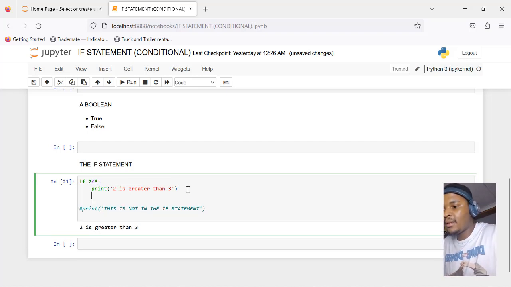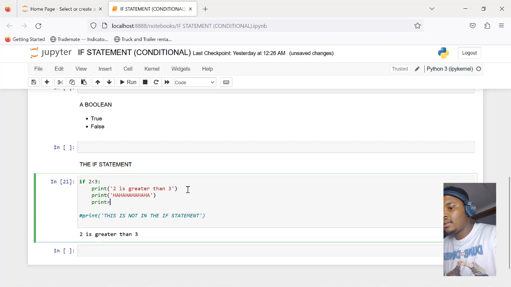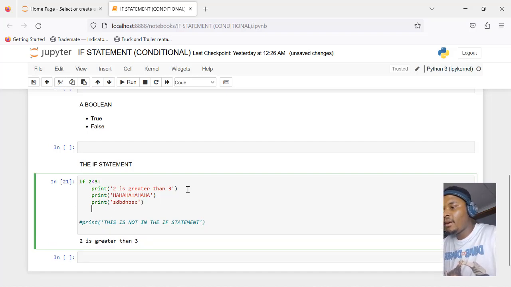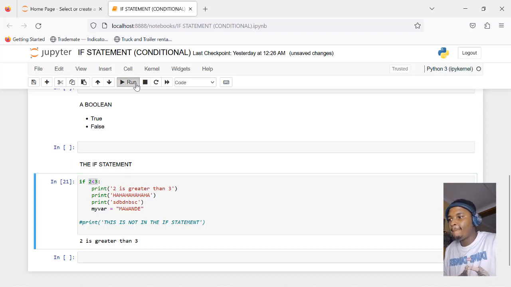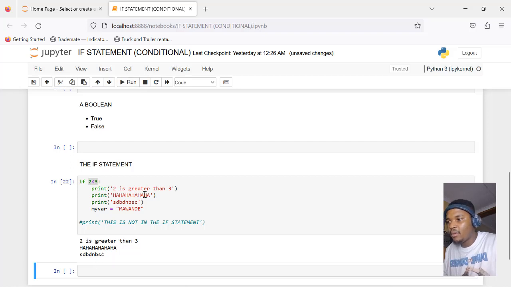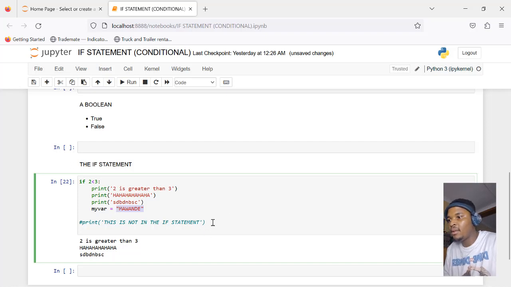I could add a whole lot of stuff here, right? Like that. I could print, look at me, whatever. I could even create a variable, my var, my name, right? Like this. So as long as this condition is true, everything in the indent that follows will happen. So 2 is greater than 3, whatever, and then we now have a variable that has this in it. So if we were to print the variable,